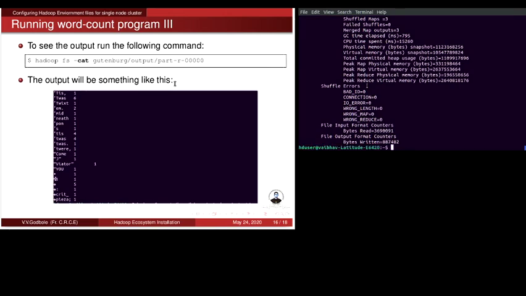Once compilation is done, you can see this particular screen, and now we need to find our output. First of all, let us find the file which contains the output. We'll run a command on Hadoop's HDFS.